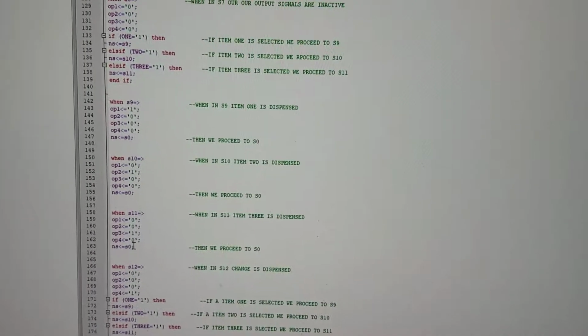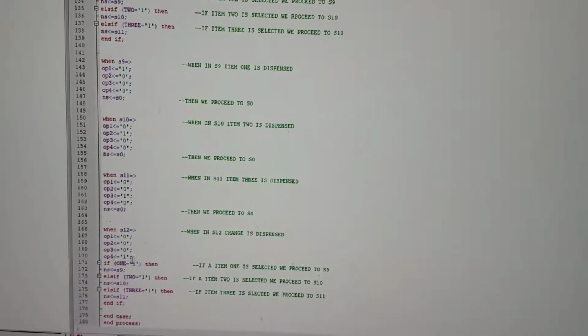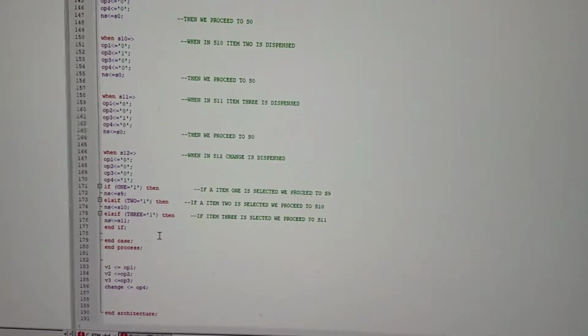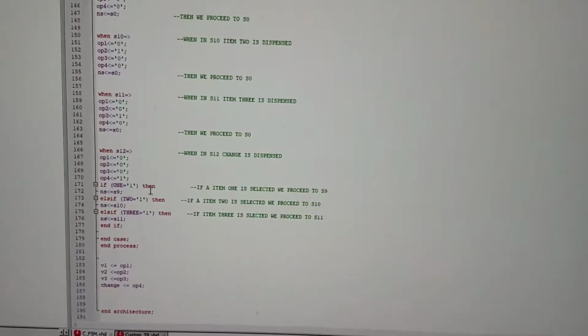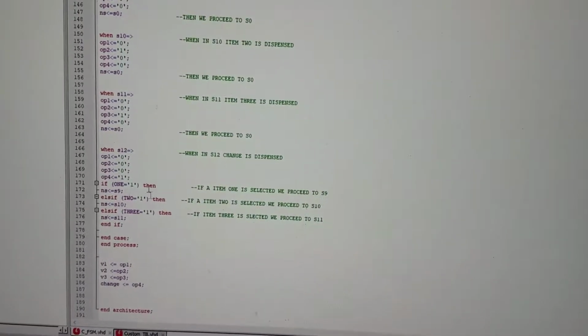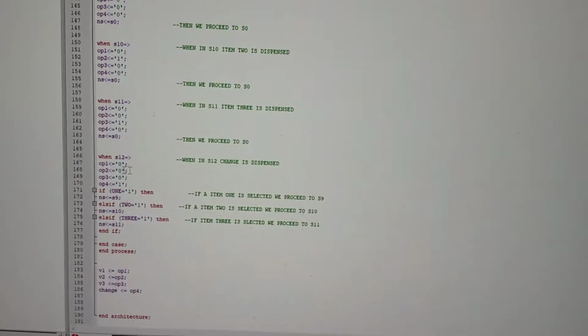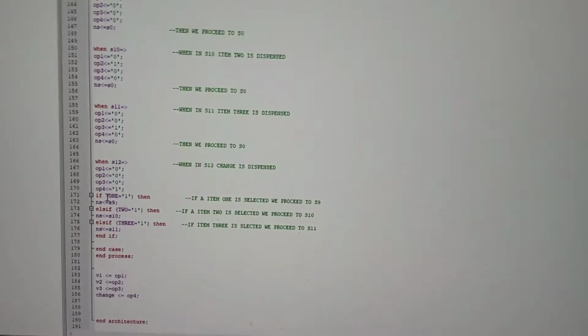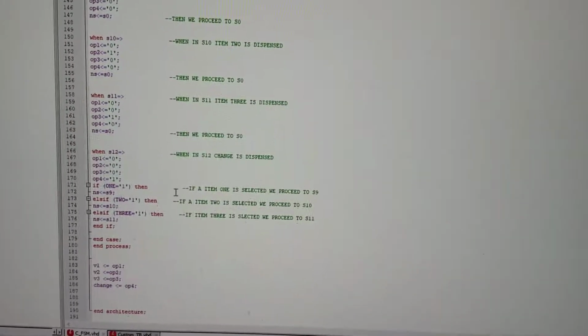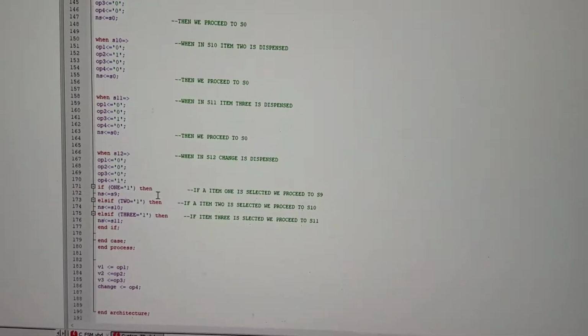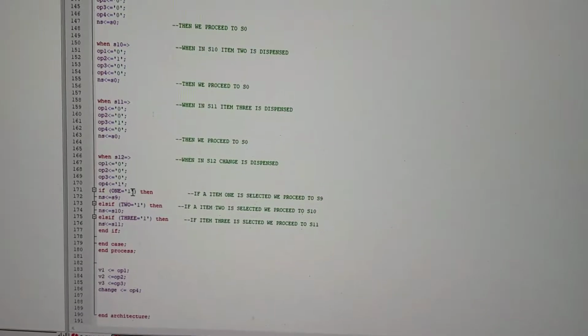And then state 12 is just the change state in itself. So we have, if an item is selected in state 12, again, it will give you your change. However, you would then have an option as well in this state here,